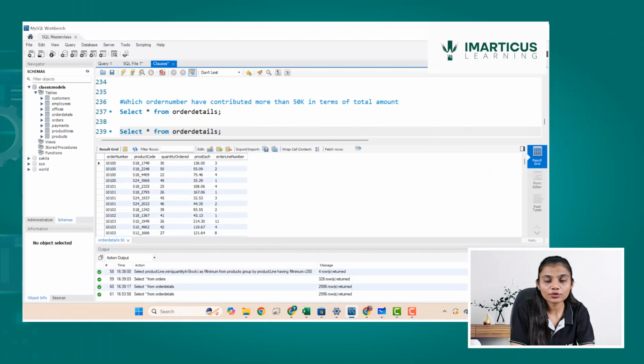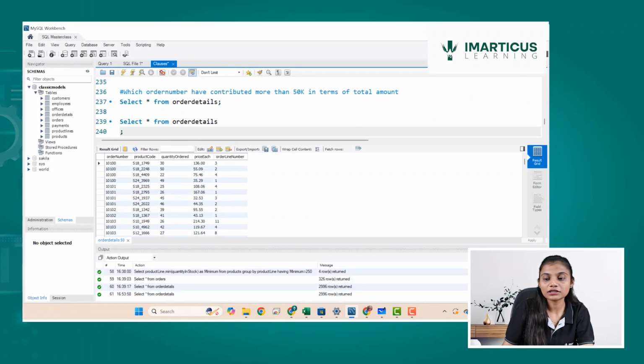So what I am going to do over here is nothing but create a total amount as a column.